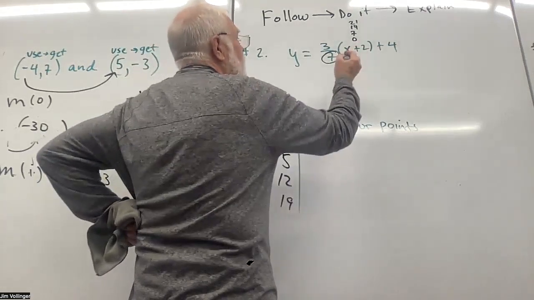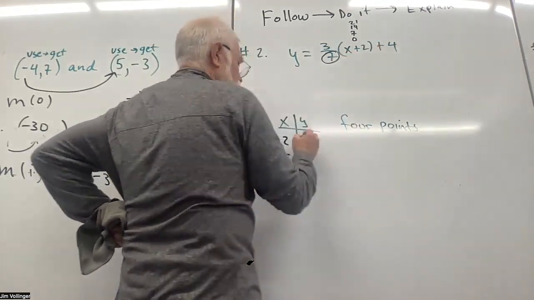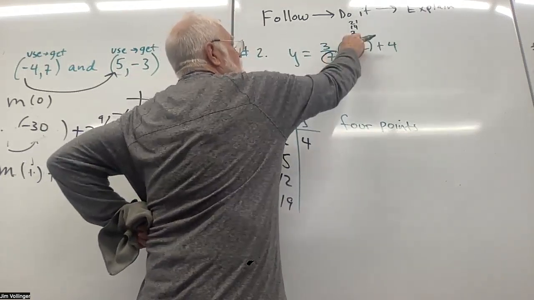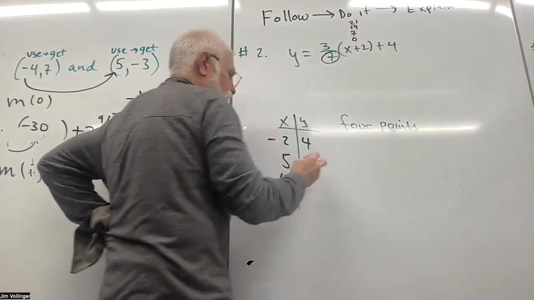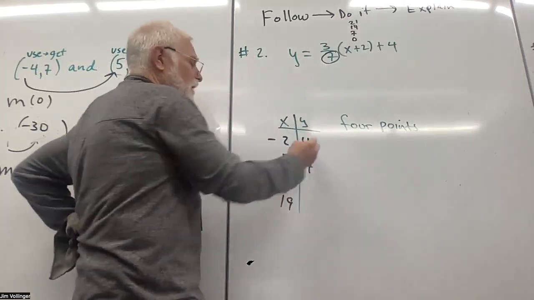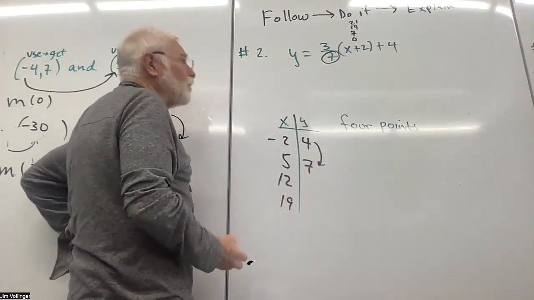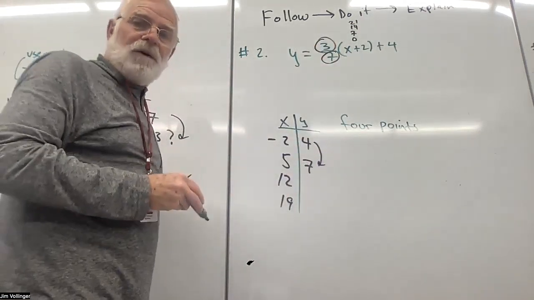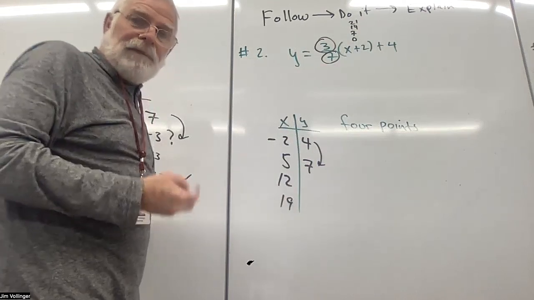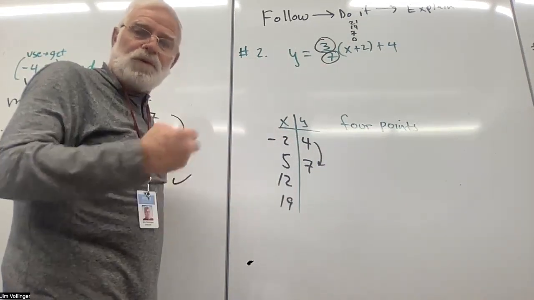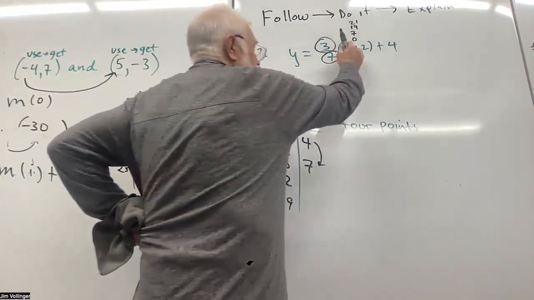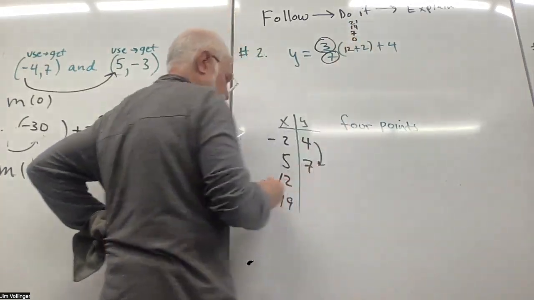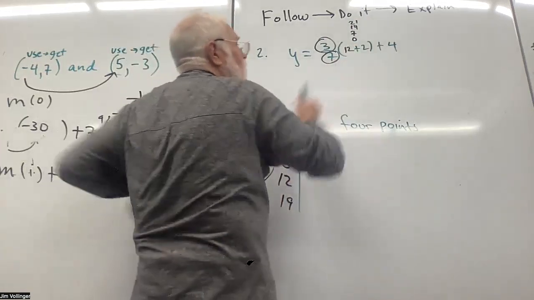And if I do that, the first time I get a 4, I pay, 0 times anything. And then 7 goes into 7, 1. 3 plus 4 is 7. It looks like I went up by what? 3. Boy, I wonder why, because I'm multiplying friendly numbers, 0, 1, 2, and 3 by 3. I'm making the numbers 0, 1, 2, 3, right? Because when I put 14 in, I want to make the number 14. So when I put 12 in, sorry, that's what I said over here. 12 plus 2 is